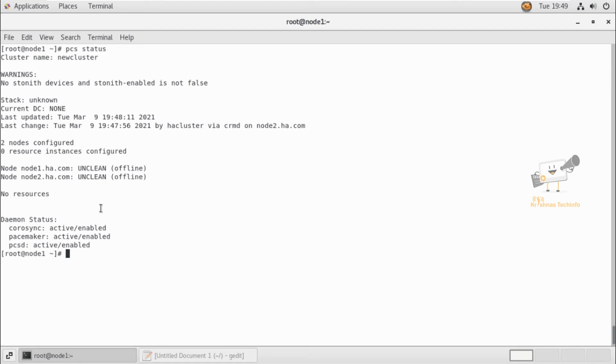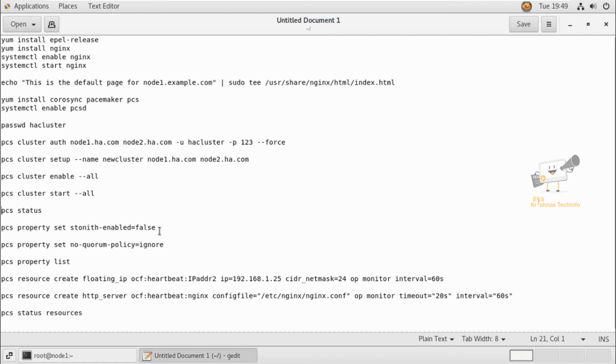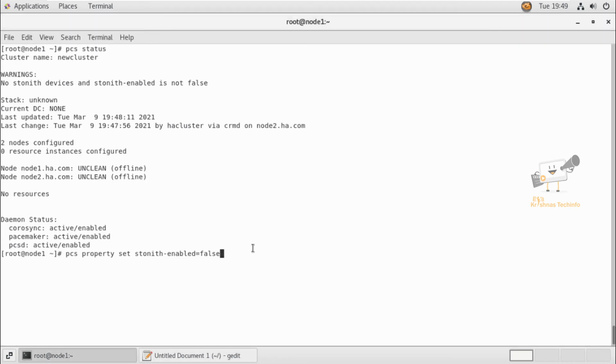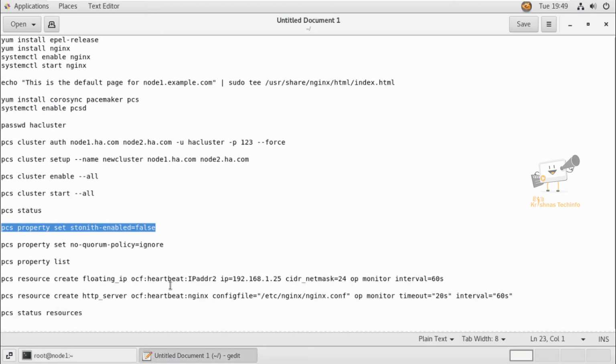So to turn off STONITH, we need to run the following command: pcs property set stonith-enabled=false. Now it is disabled. Next, we need to ignore the quorum policy by running the command pcs property set no-quorum-policy=ignore.